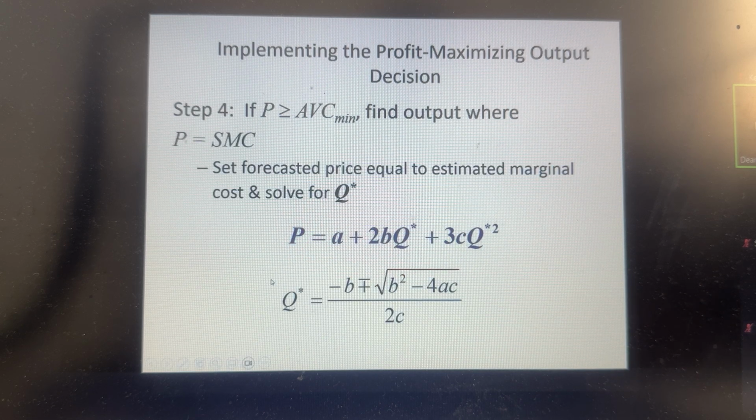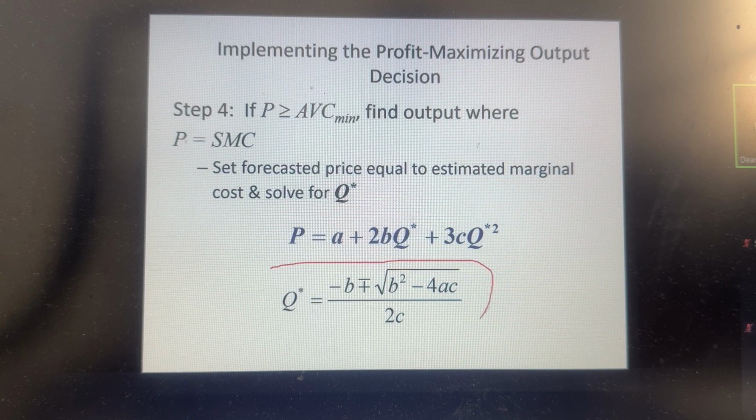Symbolically, you can do it like this, and if P is greater than or equal to the minimum AVC, find out the level of output. Now, P is this one, and P equals MC. So this is A plus 2BQ plus 3CQ to the power 2, which is our MC. And you can solve it for quantity. If it is a quadratic equation like this, so this is how you can